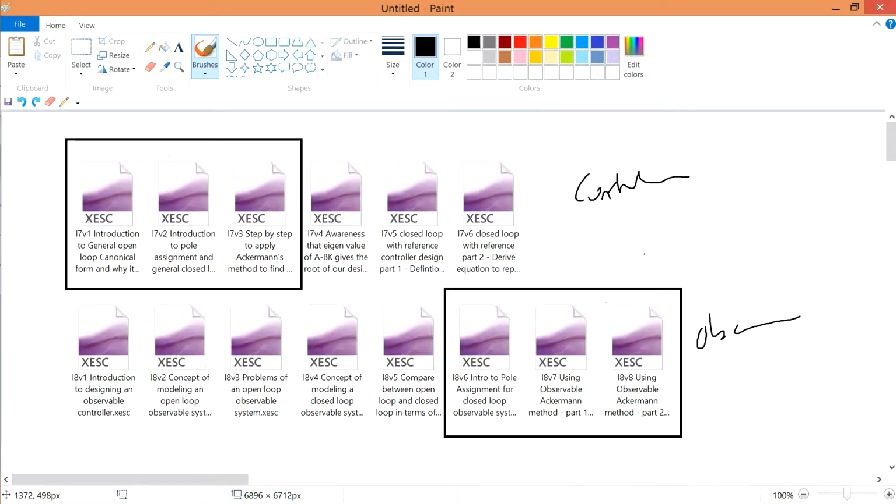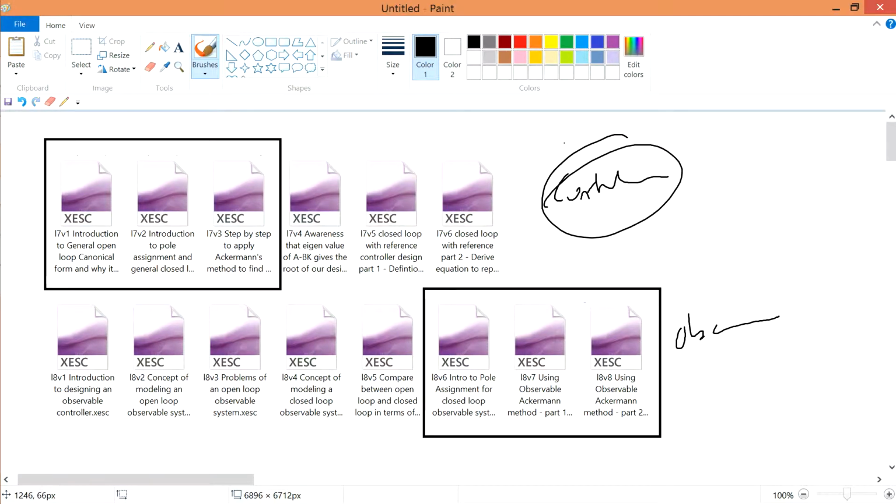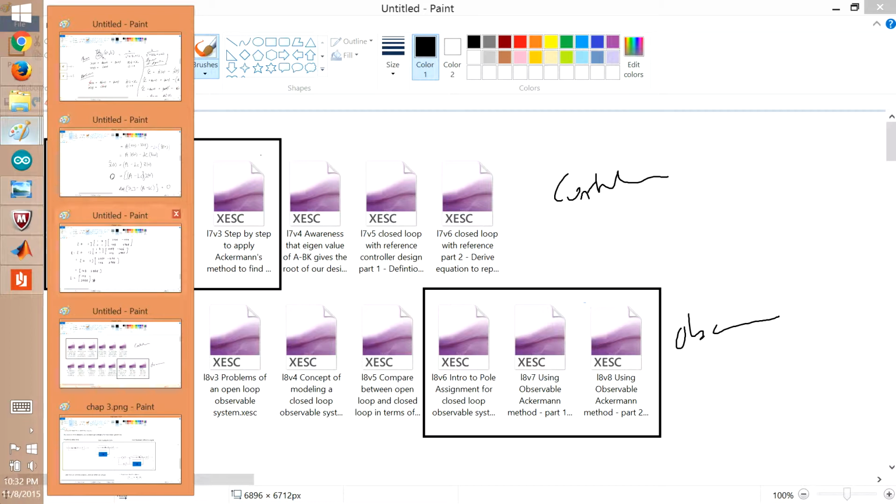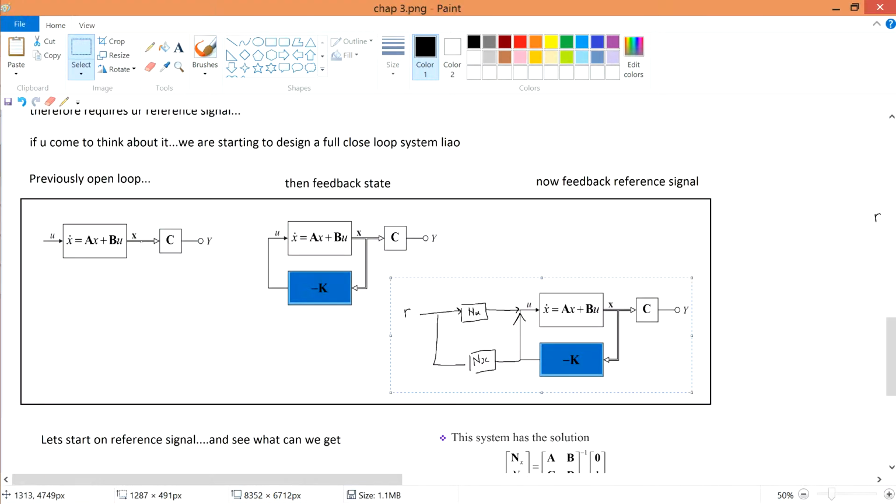There is pole assignment for Ackermann's. Once you know pole assignment, straight away you know Ackermann, then you'll find your K. Okay, that's all. Next, for a controllable controller, if you still remember from a long time ago,